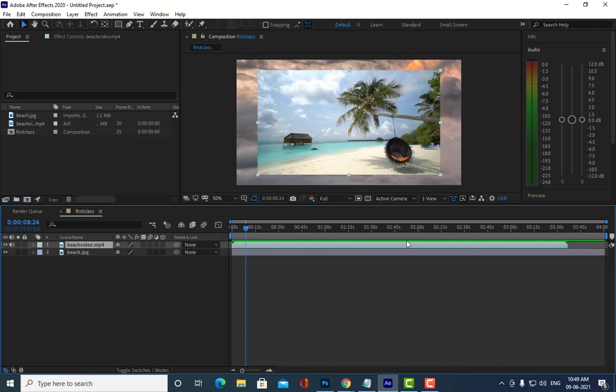If the green line has reached the end of your duration, it means it has fully rendered the video, and now you are in a position to play the video. But if the green line is somewhere in between, it means it will continue to render, and it will only play till where you see the green line. Are you all getting my point?